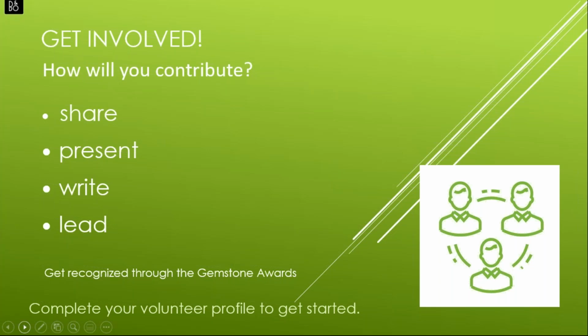So there's lots of different ways that you can get involved. And we do have a gemstone award program as well. So at the end of each calendar year, we look at who has volunteered, because every time you volunteer, every time you do something, there are points that are triggered in our database. And then we summarize those points, and it goes into what we call our gemstone awards of either ruby, sapphire, or emerald. And that's also a great way for you to have that recognition that, wow, I have given of myself in these different areas, and now I'm getting this recognition.